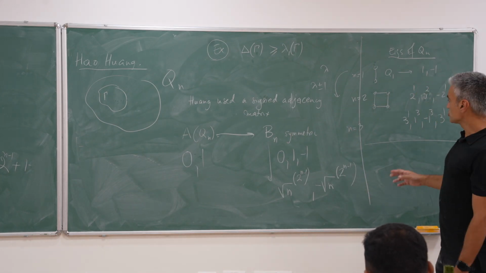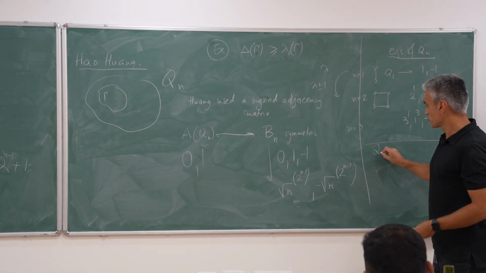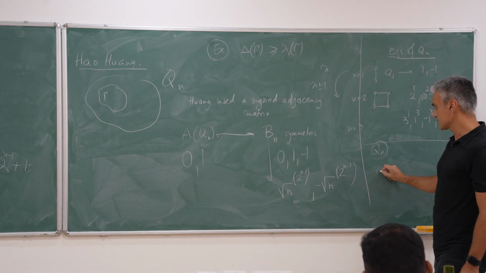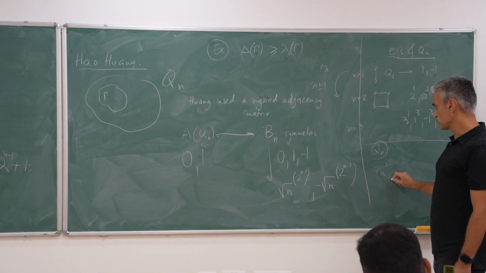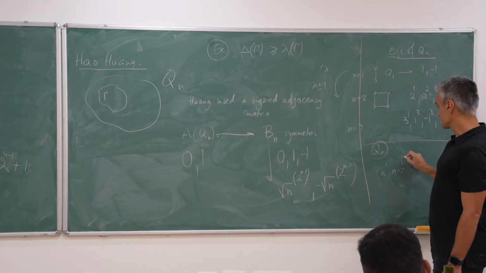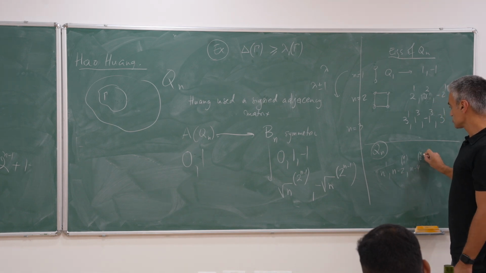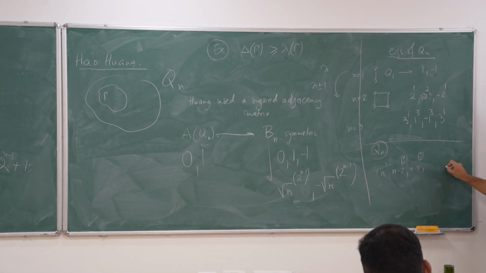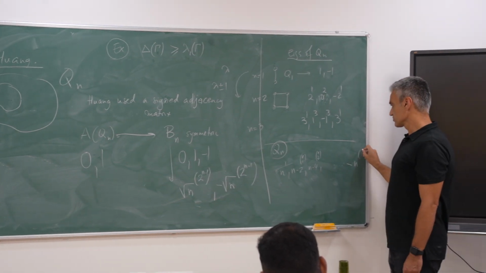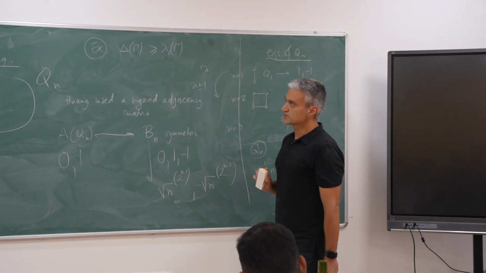For the usual adjacency matrix, the eigenvalues of the cube will be something like this: n with multiplicity 1, n minus 2 with multiplicity, I think, n choose 1, n minus 4 with multiplicity n choose 2. So they go like this, okay? They're minus n with multiplicity 1 and so on. But here, he showed there is a way